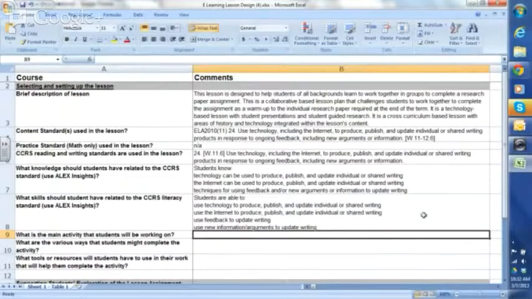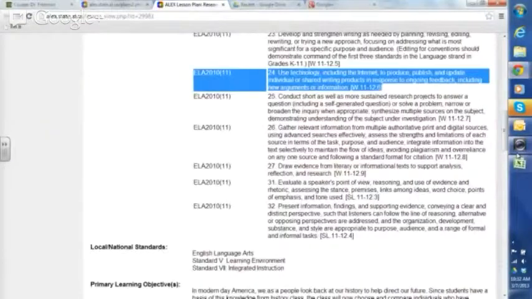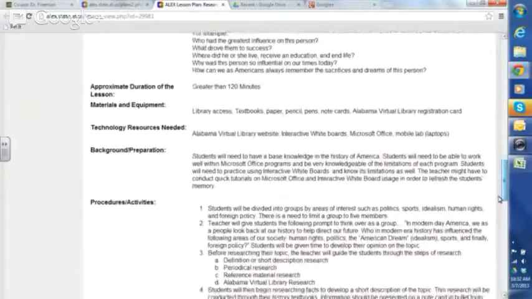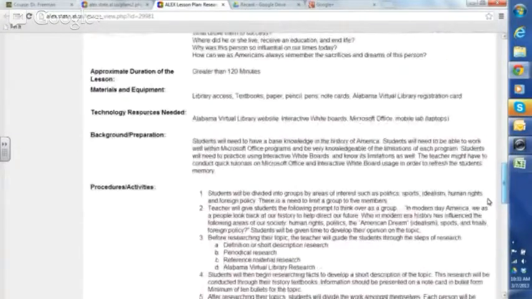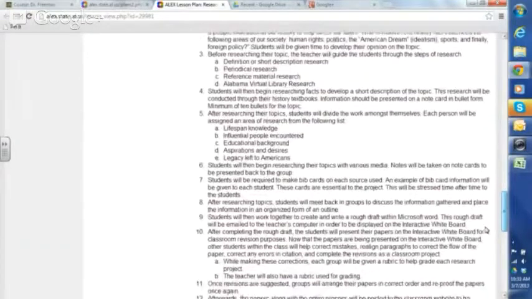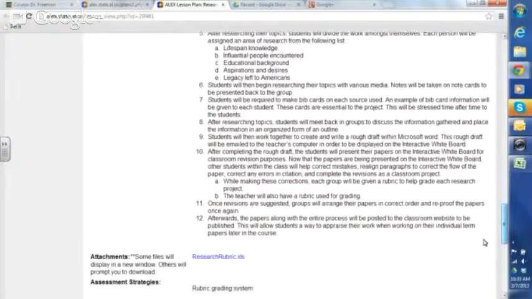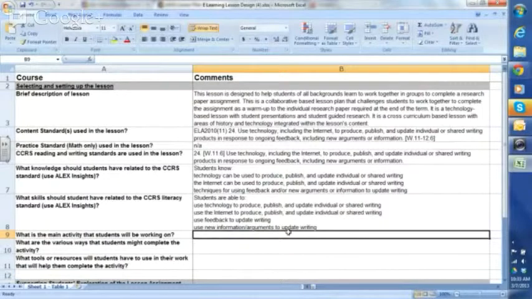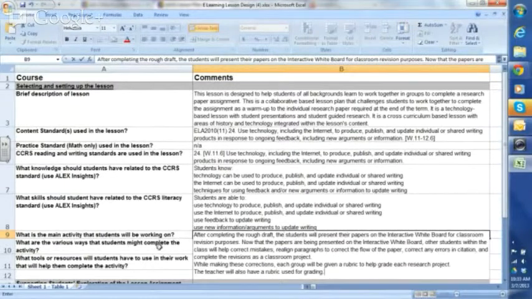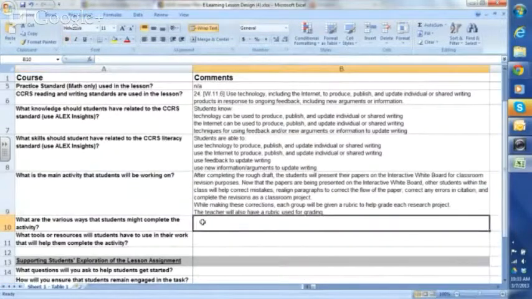All right, what's the main activity the students will be working on? Again, go back into my lesson plan, look at the activities the students will be doing, and what's the activity that they will actually be doing in class. We can see there's 12 different activities with this lesson. So what is it I'm wanting them to do? Once I have found what I want them to be doing in class, and this looks like a good in class activity after they've been working outside of class on the other portion, I'm going to copy and paste into the blank. Please always make sure that you see your cursor blinking inside of this box, otherwise it will not copy and paste